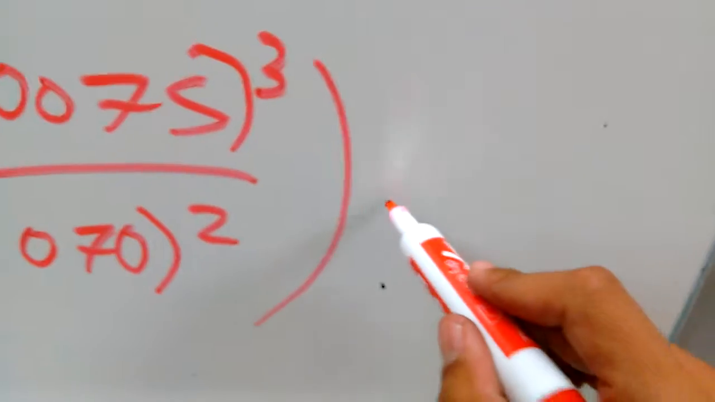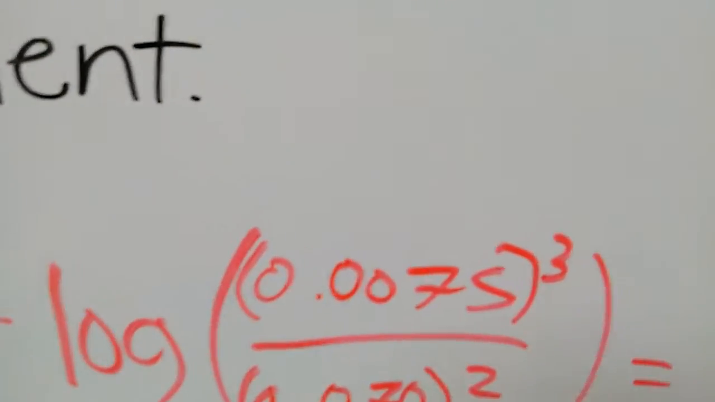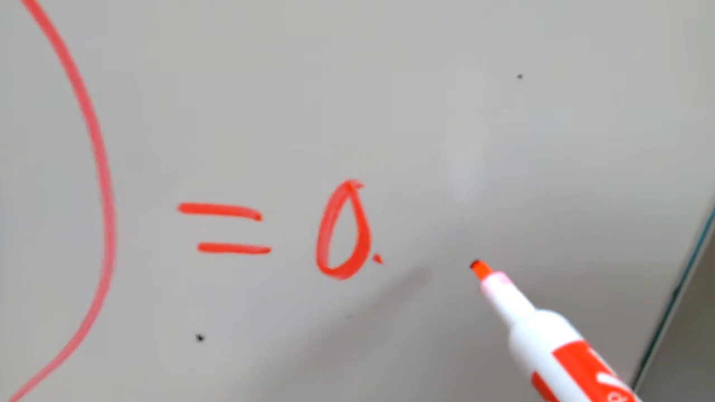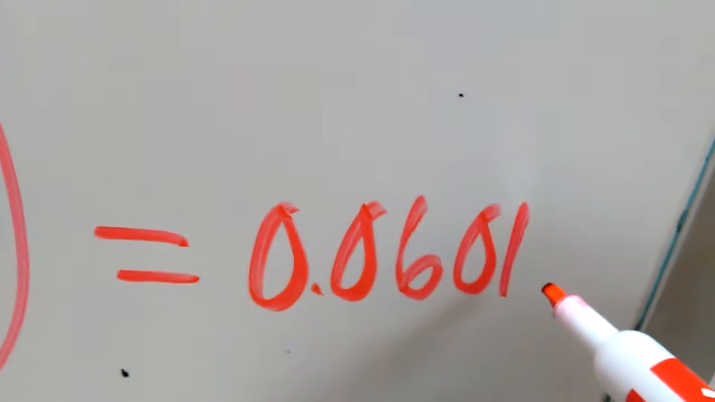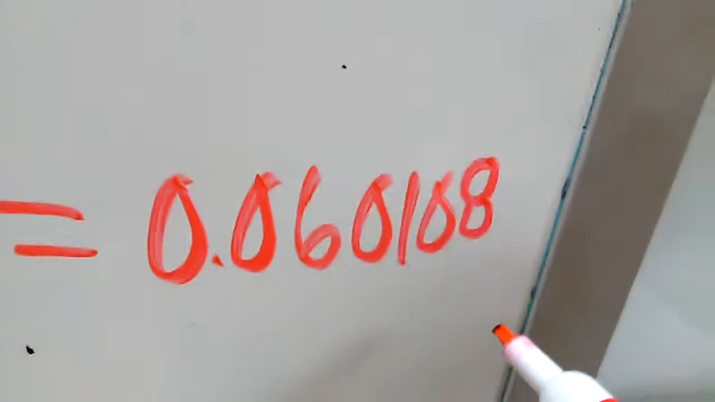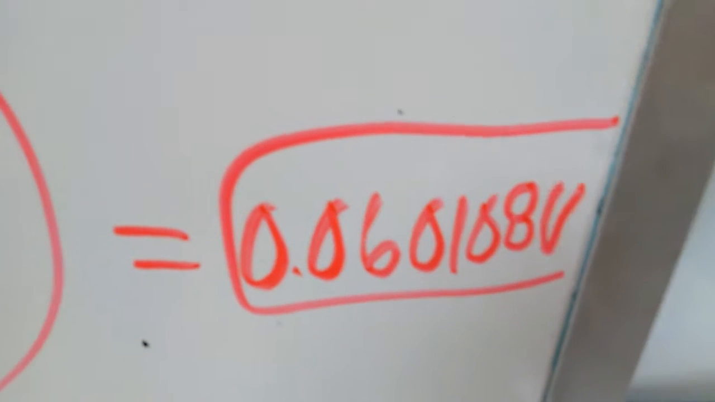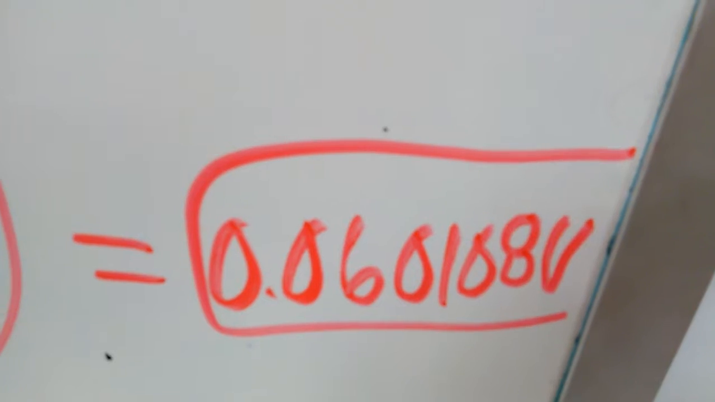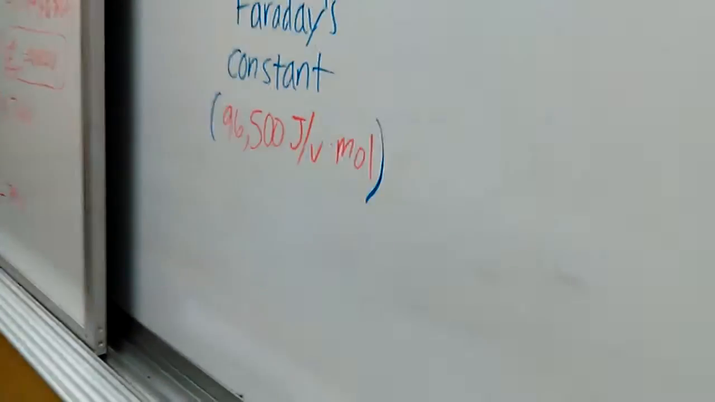Do not forget those, because it might happen. And from that, when you solve this equation out, you will get 0.060108 volts. Now that we have that, we can actually go to